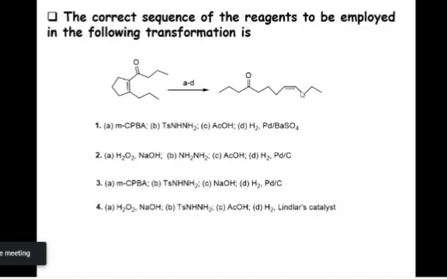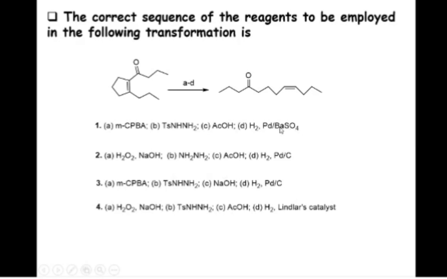However, if we reduce that alkyne by means of Lindlar catalyst, that is hydrogen, palladium on barium sulfate, see over here, this hydrogen, palladium on carbon, reduction of alkyne to alkane takes place. That is not a controlled reaction condition. Means we can remove this 2 and 3 option quickly. Now we have a choice of 1 and 4.